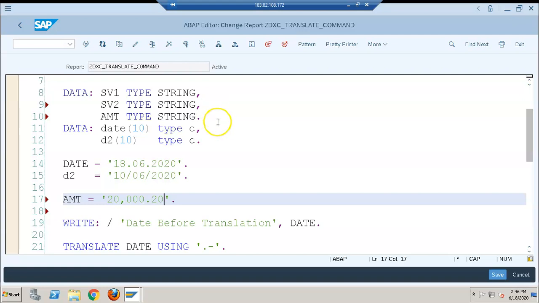Okay, this is how you write. But in US format, it is exactly the opposite. You have to write comma to full stop and full stop to comma. So in that way, we can change that format.